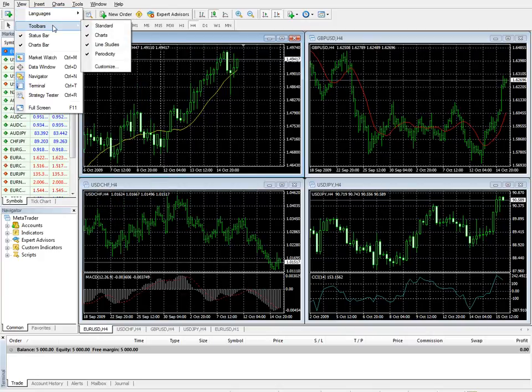Next on the list, toolbars. Again, this is called a submenu for managing the toolbars. Active toolbars are checked. The selection of a toolbar allows you to enable or disable that particular toolbar. Let's go through a for instance here. Let's click this